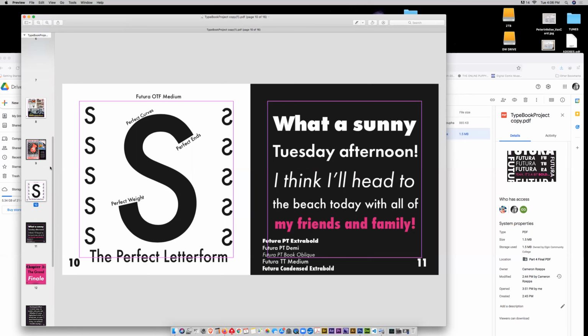I almost feel like this page here could benefit from an addition of some pink. I don't necessarily, I mean, it could be the 2 vertical lines of the S's. It could be the large S itself. I mentioned earlier that you could have a pink background on two, but there's no reason we couldn't have it on a third page. This could even be a pink background with a big white S in it, and then all the rest of the type